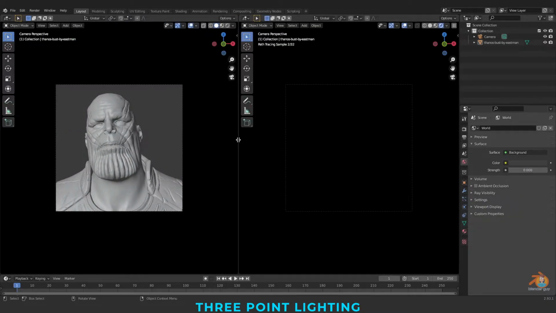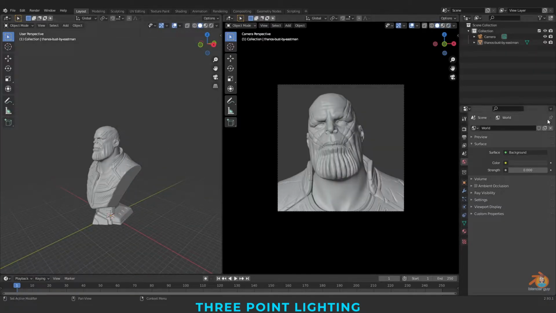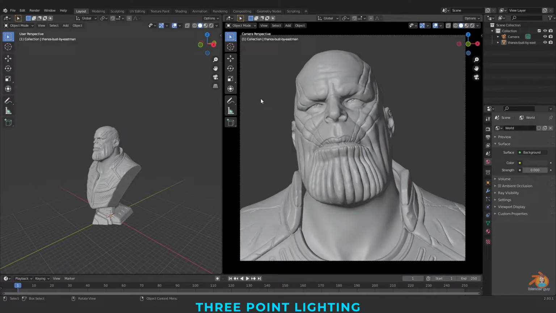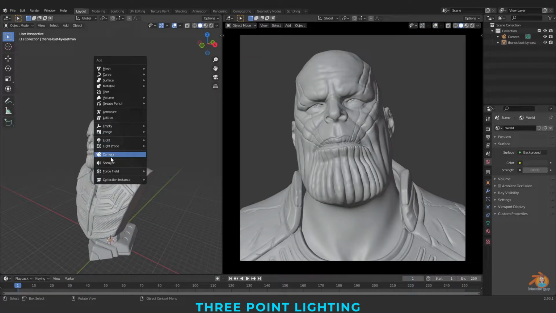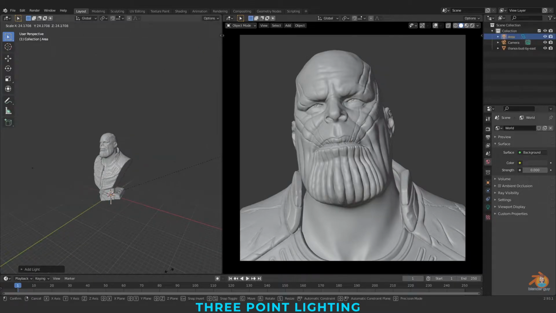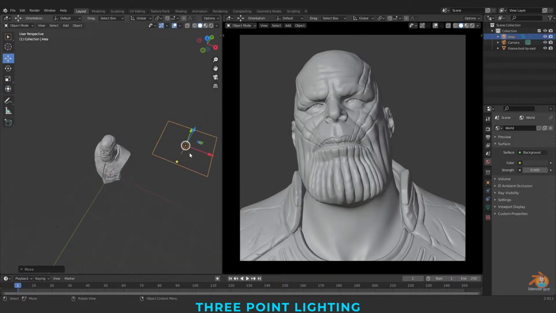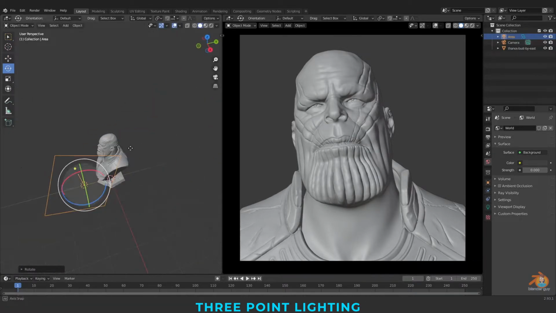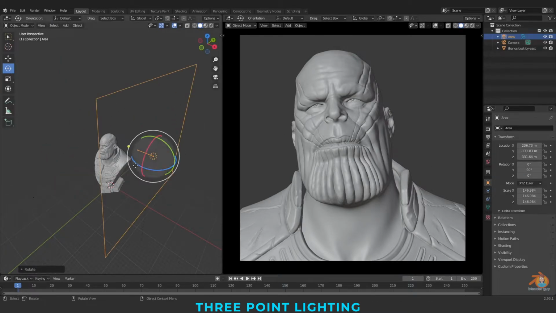I'm taking another window here. Shift A, I'm taking a light, area light, and S for scaling it. To 45 degrees.